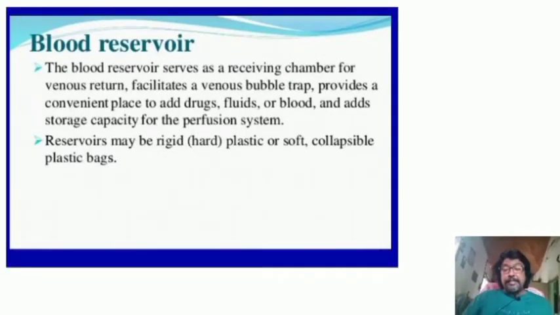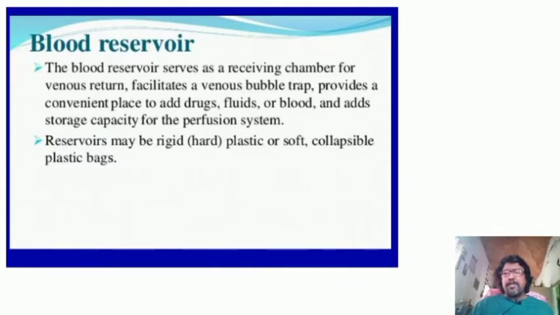As I have mentioned in the block diagram, the next thing which you are going to see is the blood reservoir. The main purpose of the blood reservoir is to facilitate a return flow of the venous blood, and it facilitates the removal of bubbles as well, a bubble trap. While the blood enters the reservoir, there is a chance for formation of foam kind of small bubbles, which would be extremely dangerous for the patient. So that will be removed in the blood reservoir, and this is a place where we can conveniently add some drugs or even some fluids, or even some fresh blood.